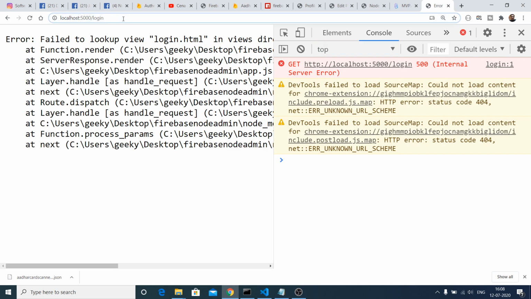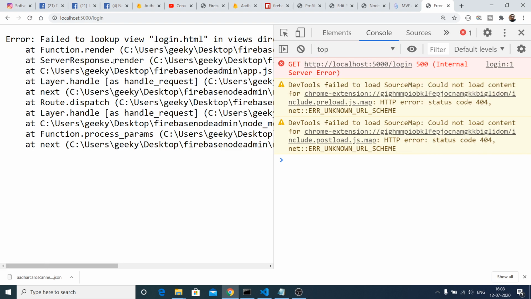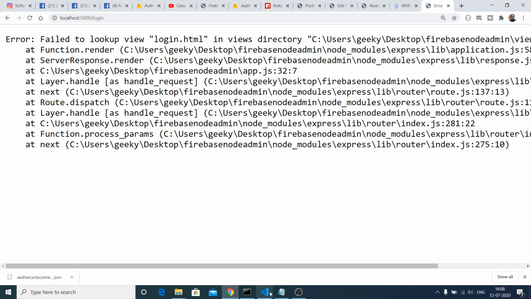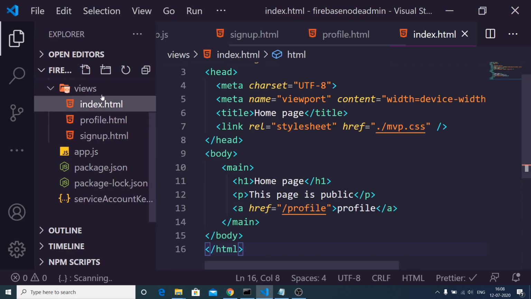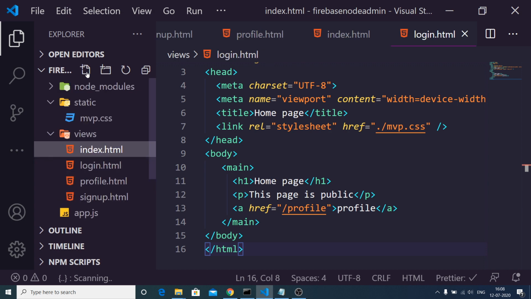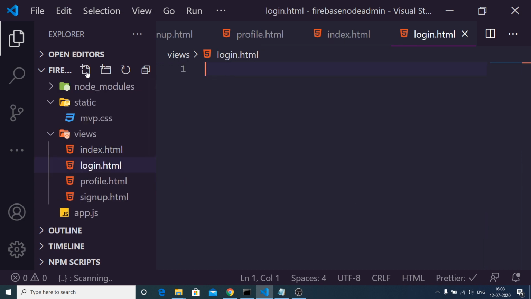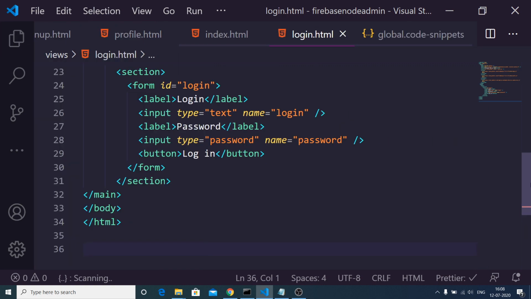So if I go to the profile page, failed to look up view login.html in views directory. So I think we haven't created our login HTML to log in the user. So create this file here, and inside this we will write the bare bone form.